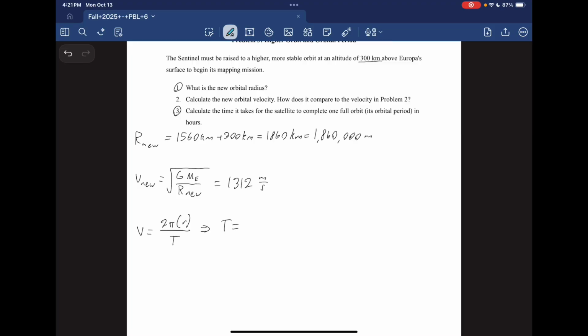We get that the period is equal to 2 pi times the new radius divided by the new velocity. If you plug in our new velocity here and our new radius here, you get that the period, or the time that it takes to complete one full orbit, is